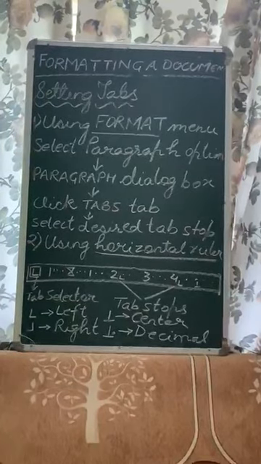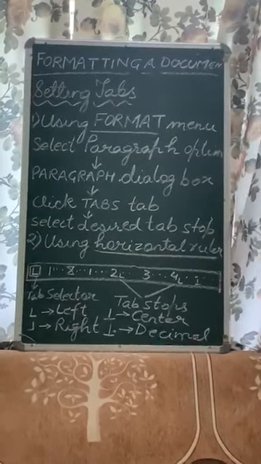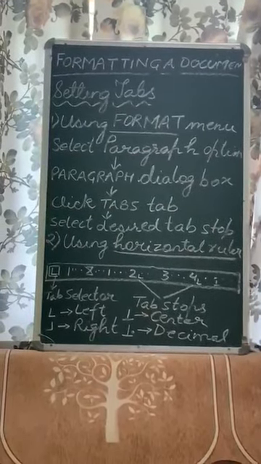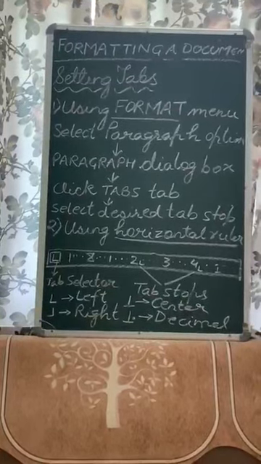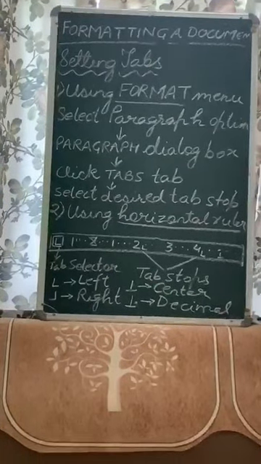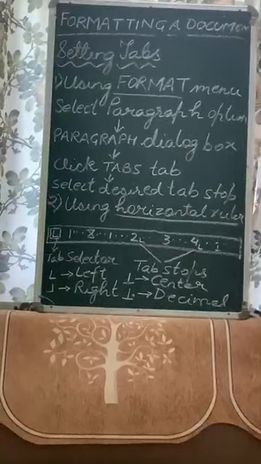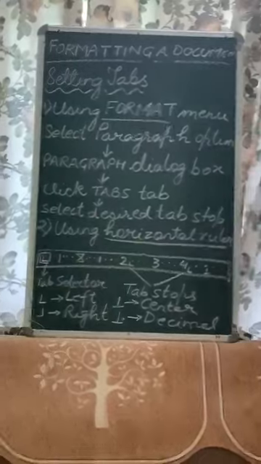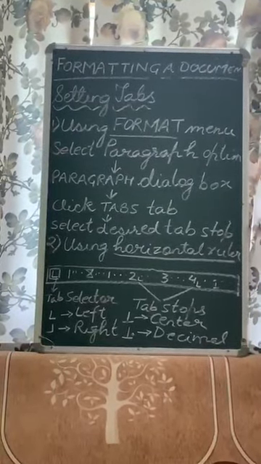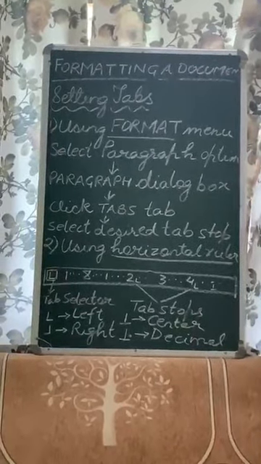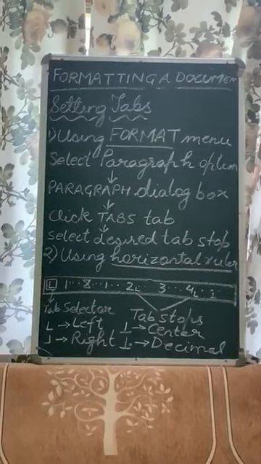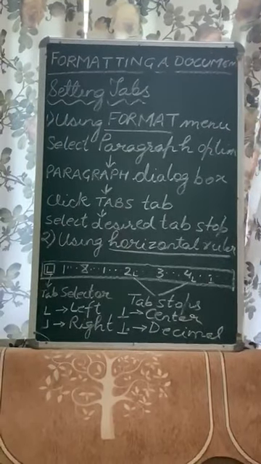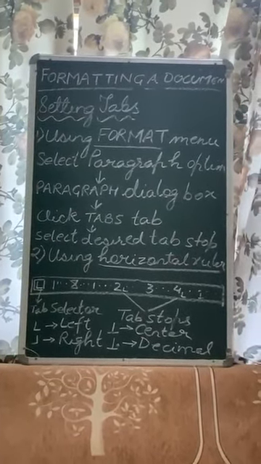The topic is under the same heading, formatting a document in Apache OpenOffice Writer. Yesterday we had done various other things, like alignment, in Apache OpenOffice Writer. Today we'll be doing setting tabs. You all know that when you are typing in a document, sometimes you need to adjust the tabs. At the end, you want to adjust your document, you want the whole text to be moved towards a particular side. Then we use these tabs.